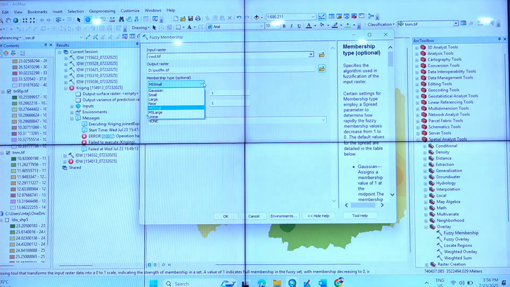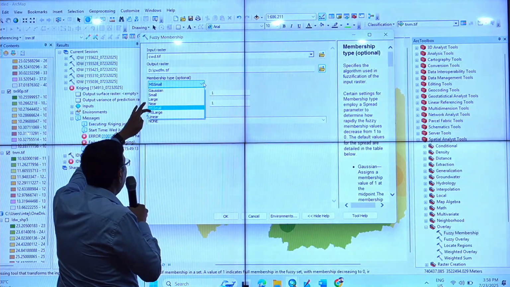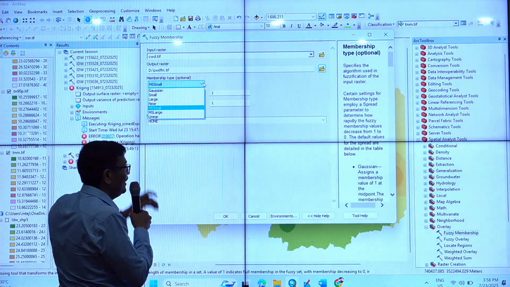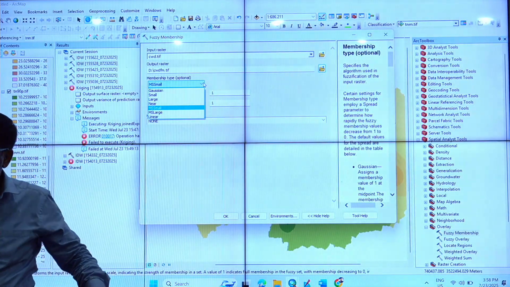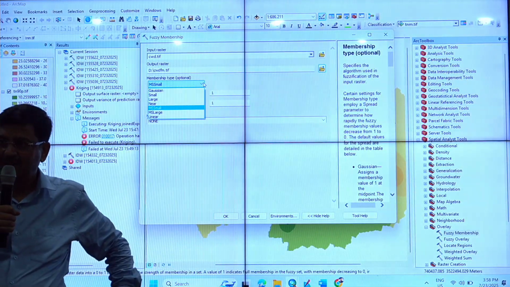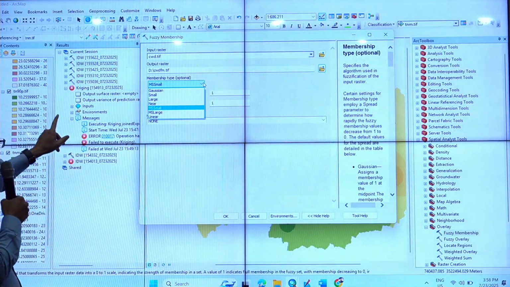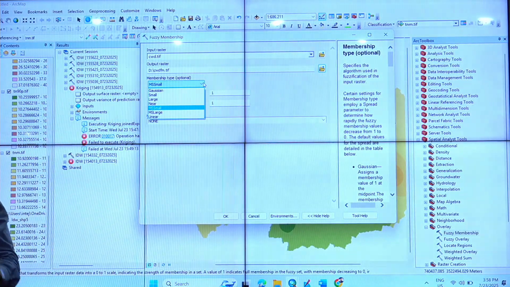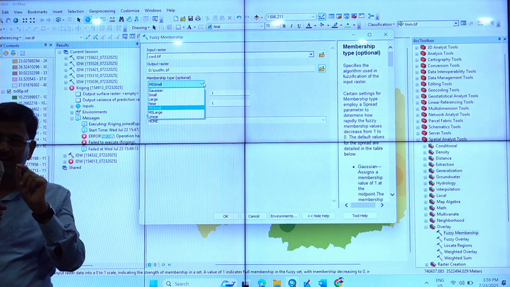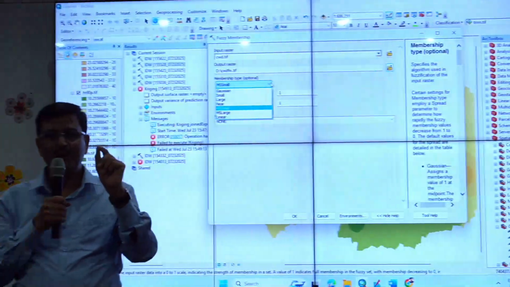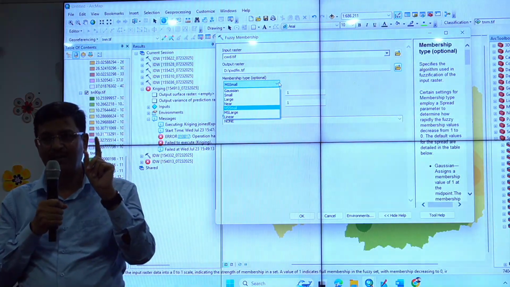There are different options: large, near, small, large, and linear. So you need to select one out of these. How? Logically. Suppose this is consecutive wet days. You need to understand logically whether wet days play a positive or negative role. If it plays a negative role, what do I need to give? Which one do I need to select?